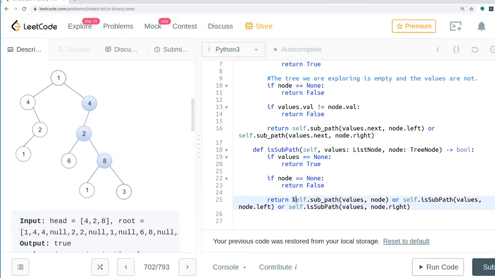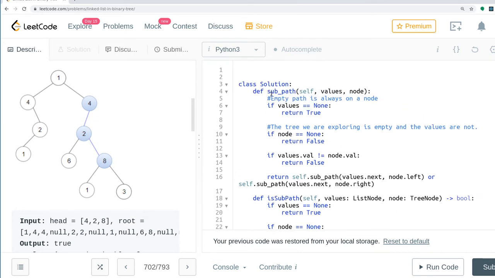So the entire thing here says, does the current node I'm on have the path described by the values list? Or does my left-hand child, or does my right-hand child? And so to do this subpath